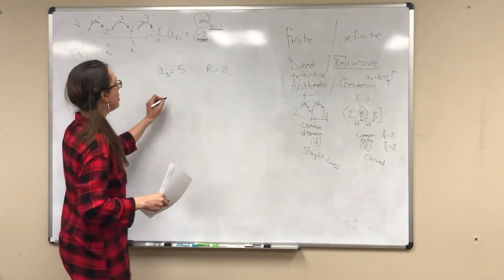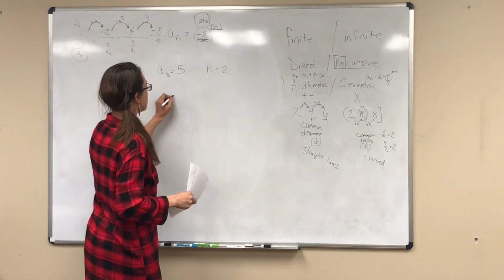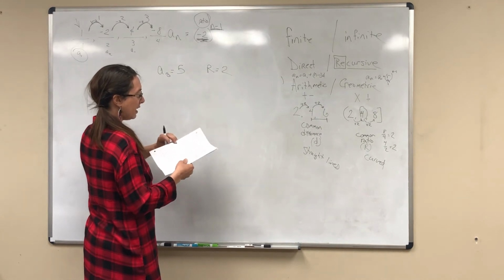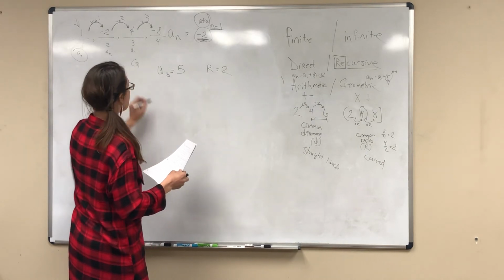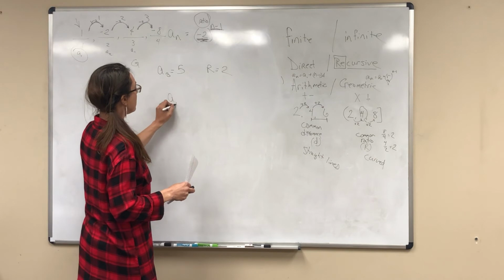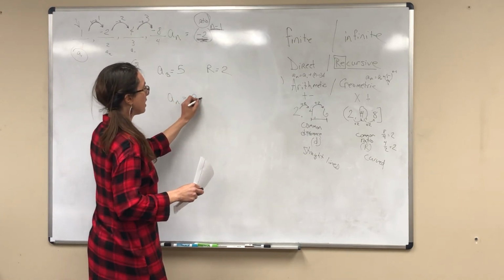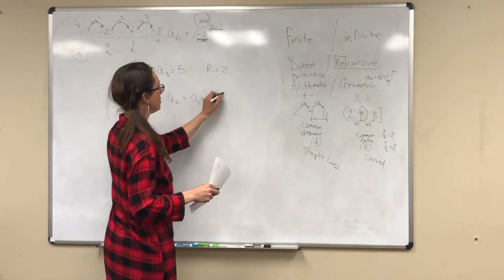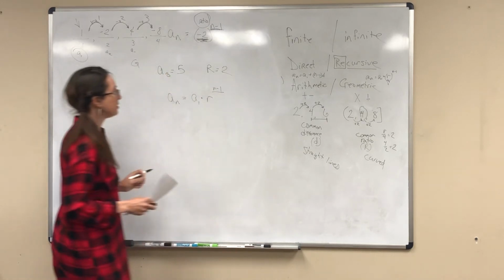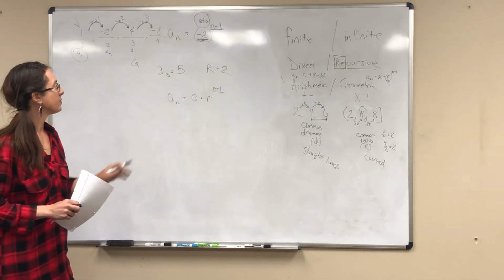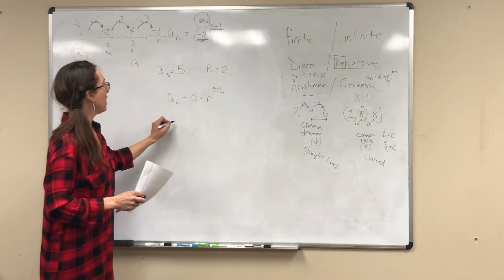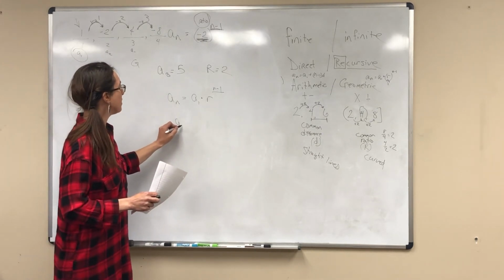Well, I know that this is a geometric sequence. So I know that for any value, it's wherever I start times my ratio to the n minus 1. So in this case, I have a_3